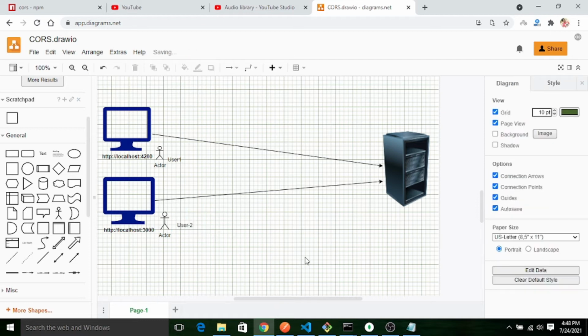So let's say both users are trying to access the same server, right? And both are using two different domains.